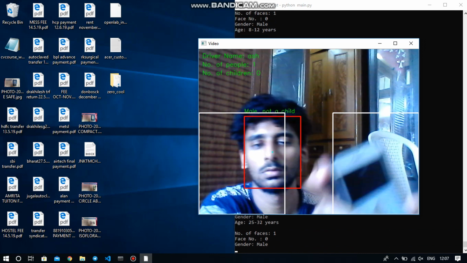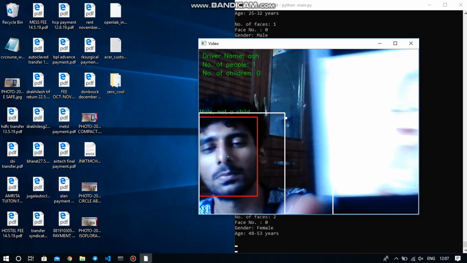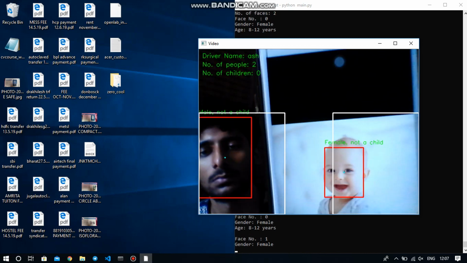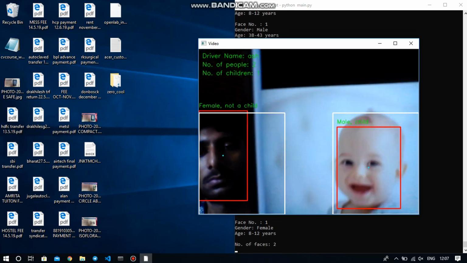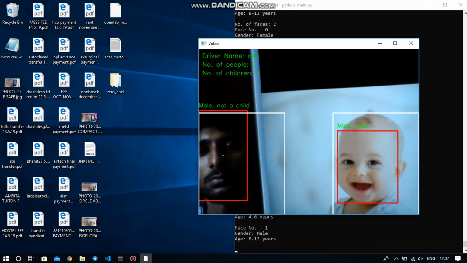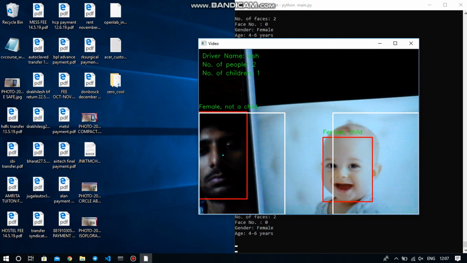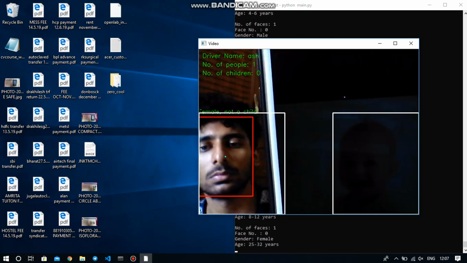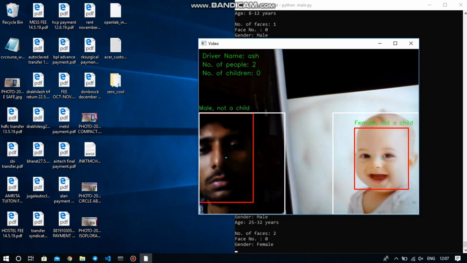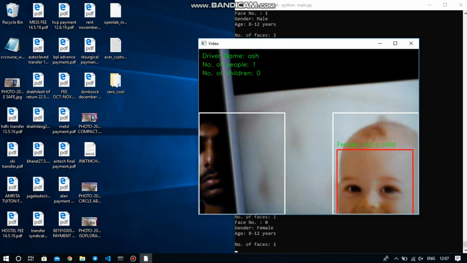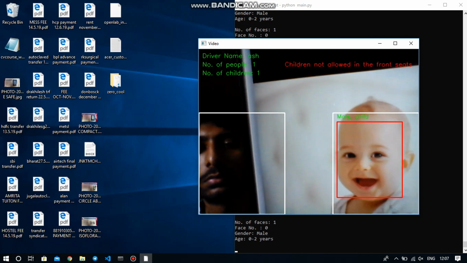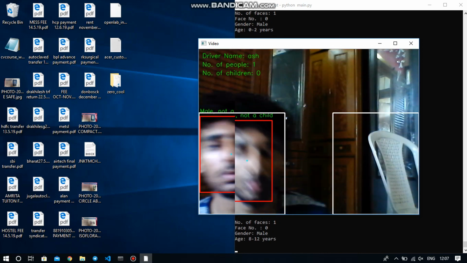Now you can see that I'm showing the face of a child through a mobile phone. I did not have a kid near me, so we tested it this way by showing a photo. It's very difficult to classify a kid as male or female when it is an infant. That's a problem that we face as well, but you can see that it's classified as child most of the time. When it is closer, it gets classified. Because of the shake of the camera, we could find some discrepancies there, but it is still fine. And you got an alert message saying children not allowed in the front seats right in the beginning, and that's a very important feature.